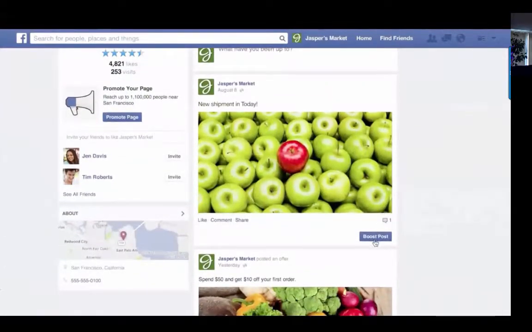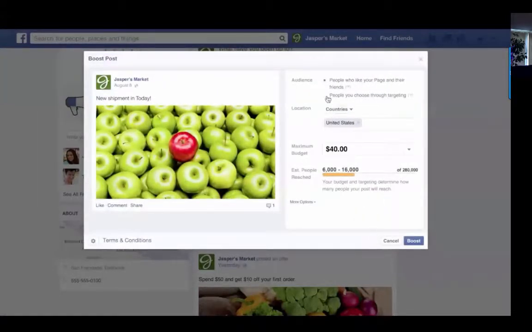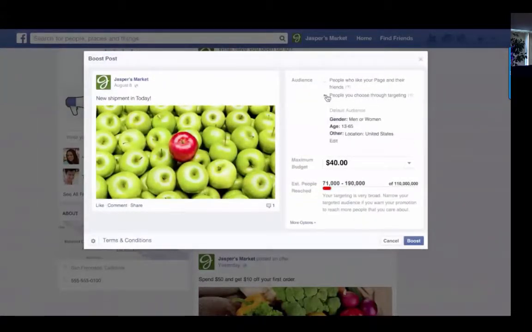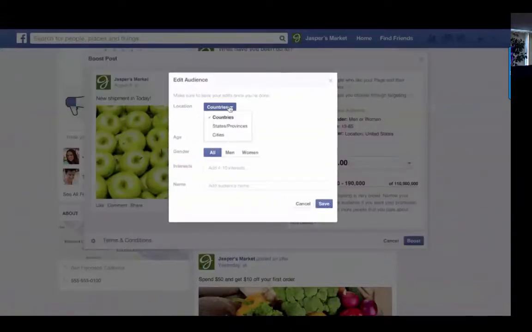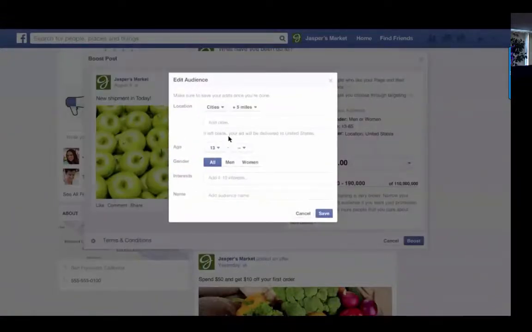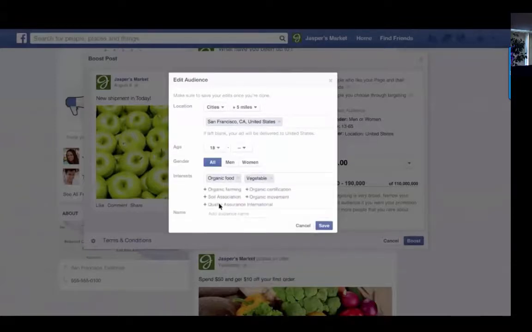Just click the Boost Post button, and you'll get some options on how to reach more people. For your audience, you can choose to reach more of the people who like your page and their friends. Or you can reach a new audience by choosing from their location, age, gender, or even by their interests. Just type in what your audience might like or be interested in, and we'll automatically generate suggestions.